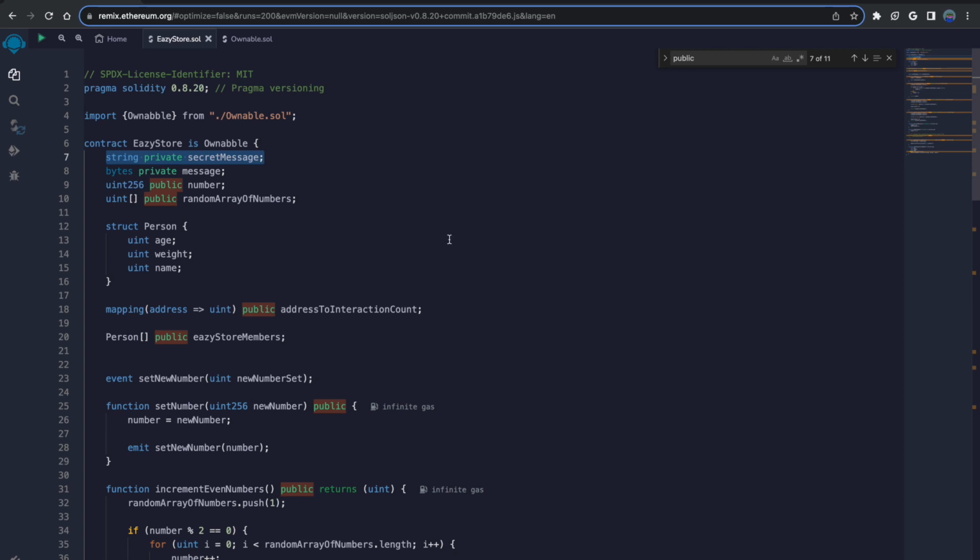Someone could literally take the storage of a contract and inspect that and see what this message is. So don't just think that if you make something private, it's actually a secret. It is not. There's no such thing as secrets in terms of a blockchain.